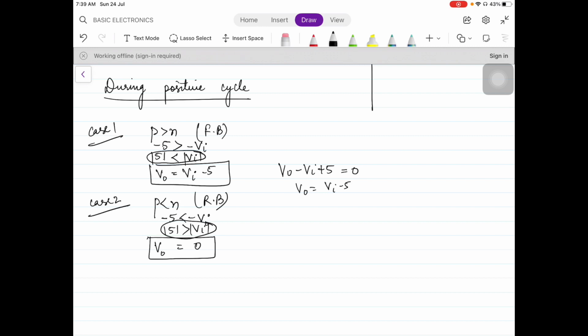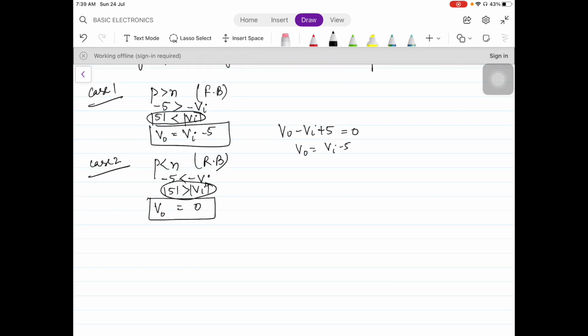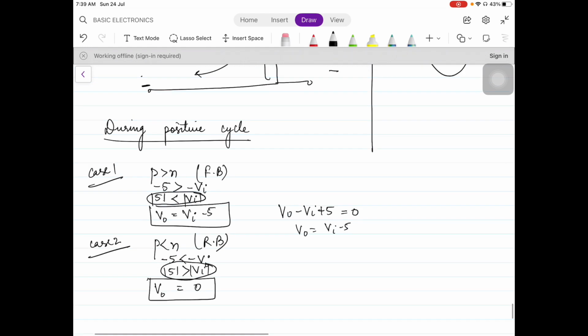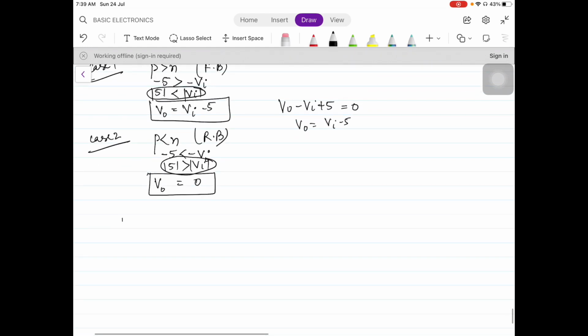So in the case of biased clipper, it is very much probable that in one of the cycles, your diode P and N type will be getting the same signs. So whenever P and N get the same sign, just make two cases and solve the question. Now, here the positive half cycle part is done. Now let us see for the negative half cycle. During negative cycle,